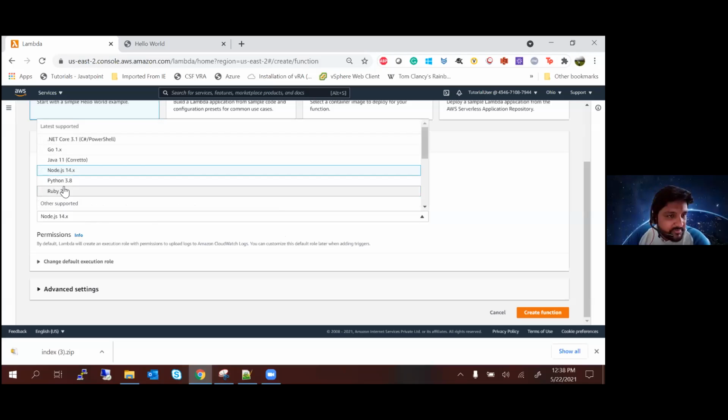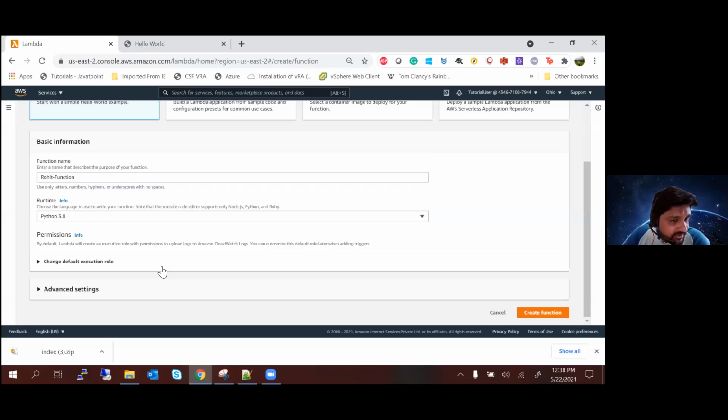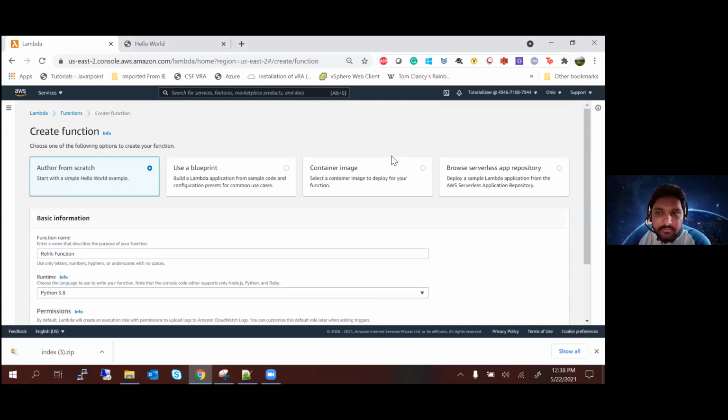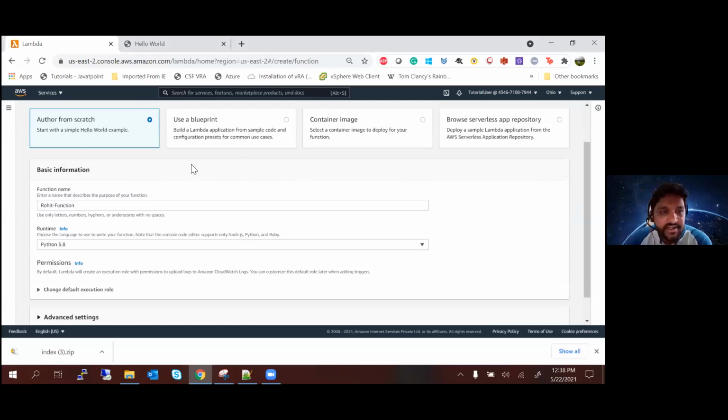In the runtime, you should select Python 3.8. Have you done these two things? After you have searched for the Lambda console, all you have to do is click create function. You can write the name any way, you don't have to write it in camel case.